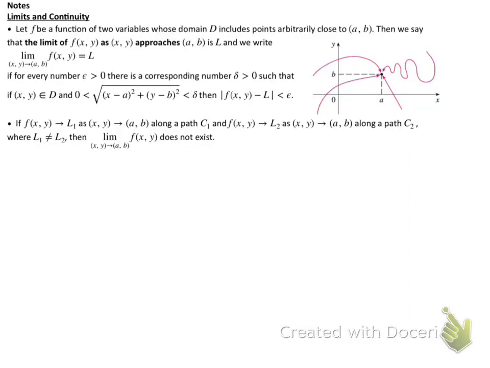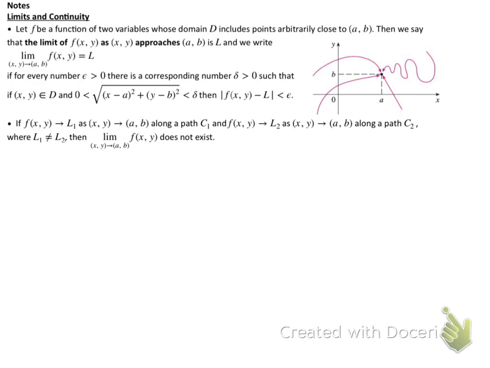In this lecture, we are going to build up the derivative of two-variable or multivariable functions. First, we are going to define limit. If f is a function of two variables whose domain D includes points arbitrarily close to (a, b), where (a, b) is a point in its domain, we say that the limit of f as (x, y), the pair of variables, approaches (a, b) is L